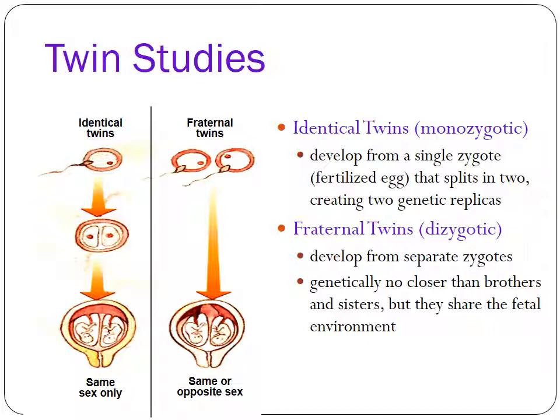With twin studies, know the difference between what monozygotic and dizygotic means. So mono, one, identical twins come from the same fertilized egg, which means they start out with the same 46 chromosomes. They split into two separate people with the same exact start point. So they have the same DNA. Fraternal twins, however, get a different egg and a different sperm. They just share the same environment.